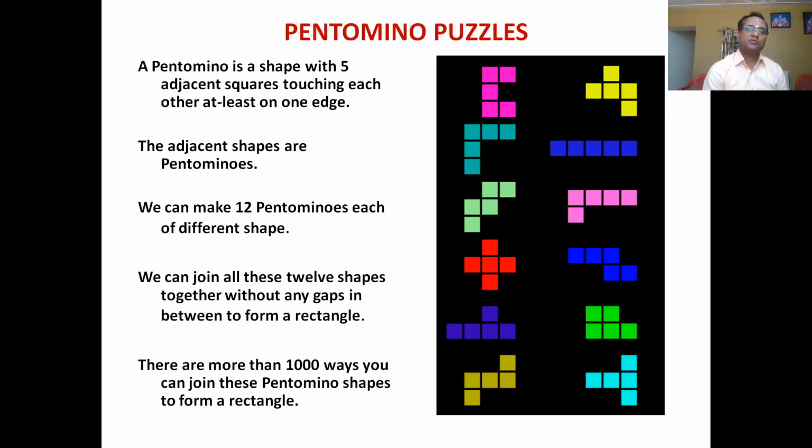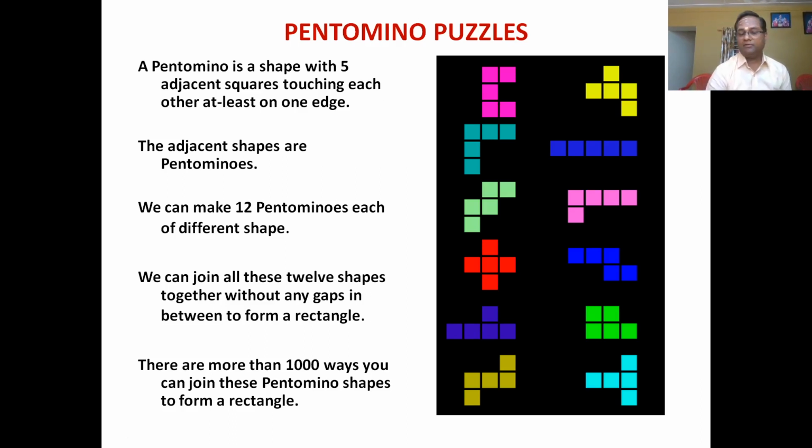Now we'll move on to the next beautiful concept, that is pentomino puzzles. So before we start, let us know what a pentomino is. A pentomino is a shape with 5 adjacent squares touching each other at least on one edge. You can very clearly see the edges here are touching. Okay, here if you take these two squares, one edge is touching. If you take these two squares, one edge is touching. If you take these two squares,